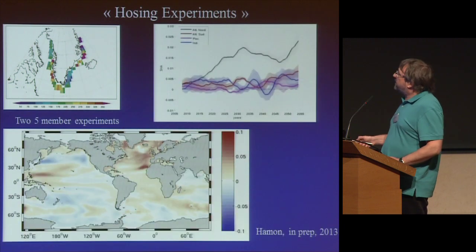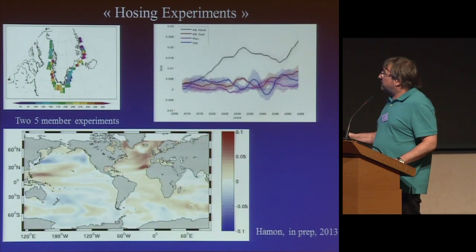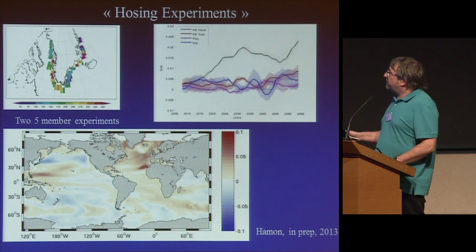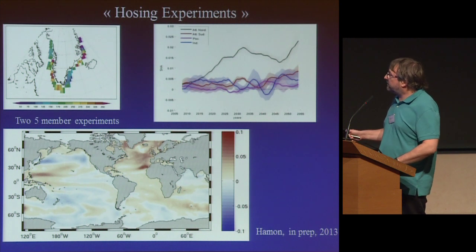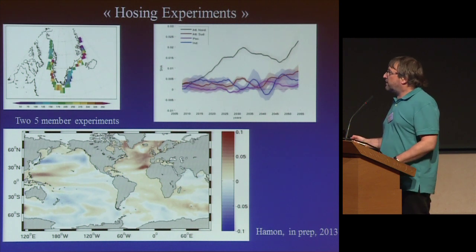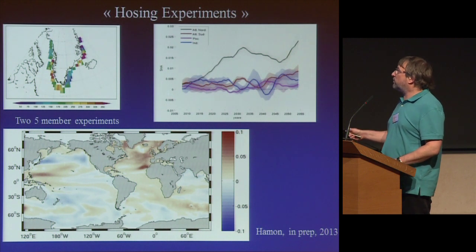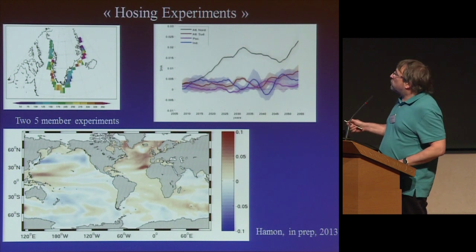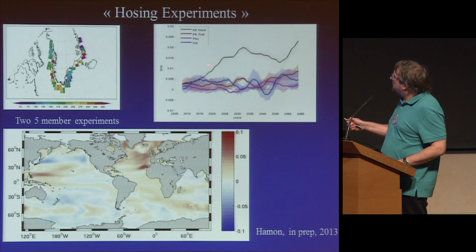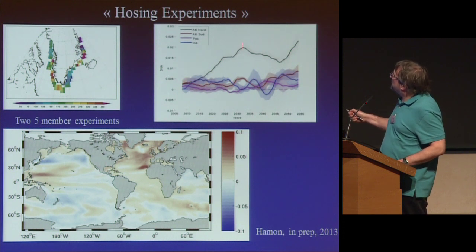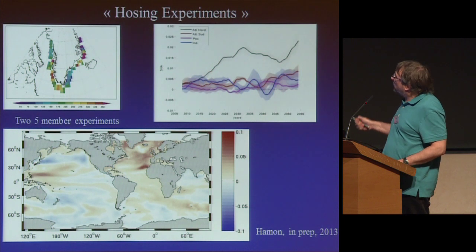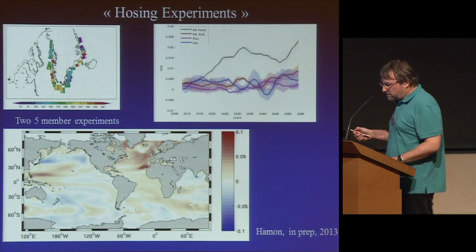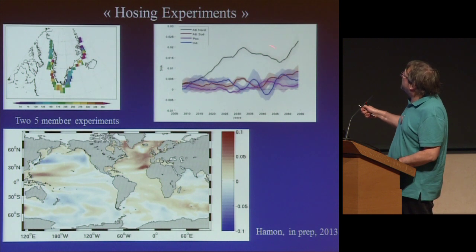We have tried to replicate this experiment in our model, and instead of having one single experiment, we've had 25 members: one for the control experiment and one for the perturbation. And we found the results are presented the same way. So here is the impact in the Atlantic with the dispersion of the ensemble around. I don't think you see this very well, but this is significant.